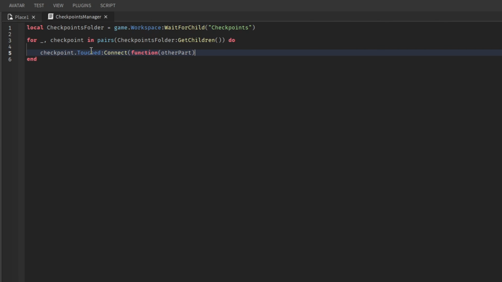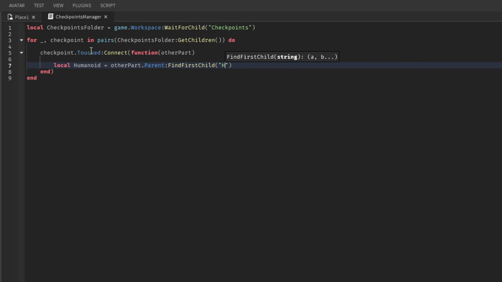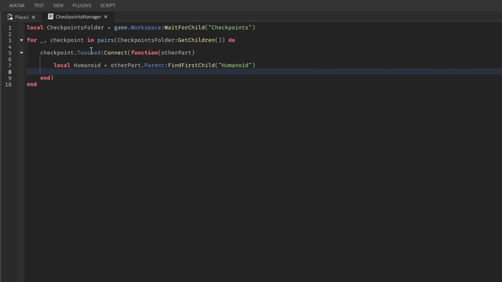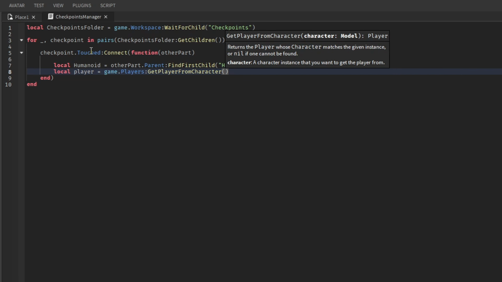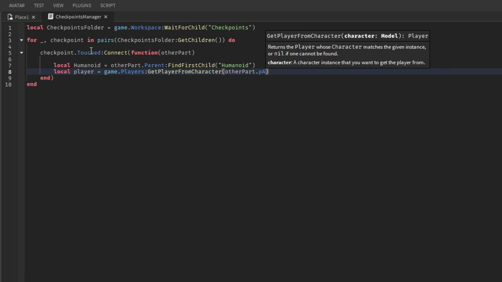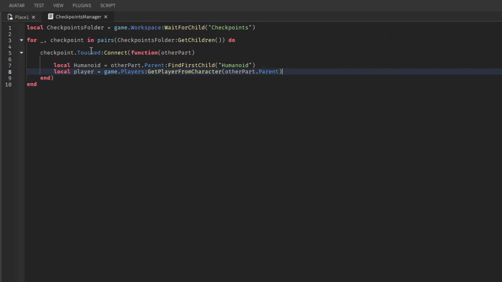other part. Local humanoid equals other part.Parent:FindFirstChild humanoid, and then local player equals game.Players:GetPlayerFromCharacter other part.Parent. So if humanoid and player, then